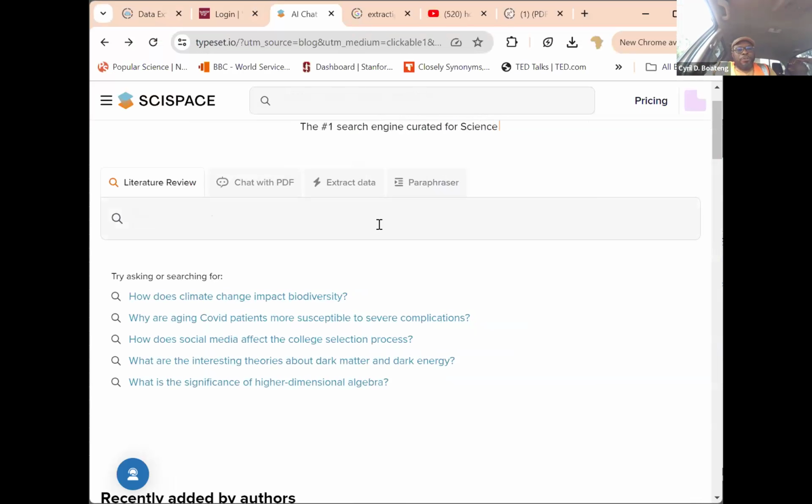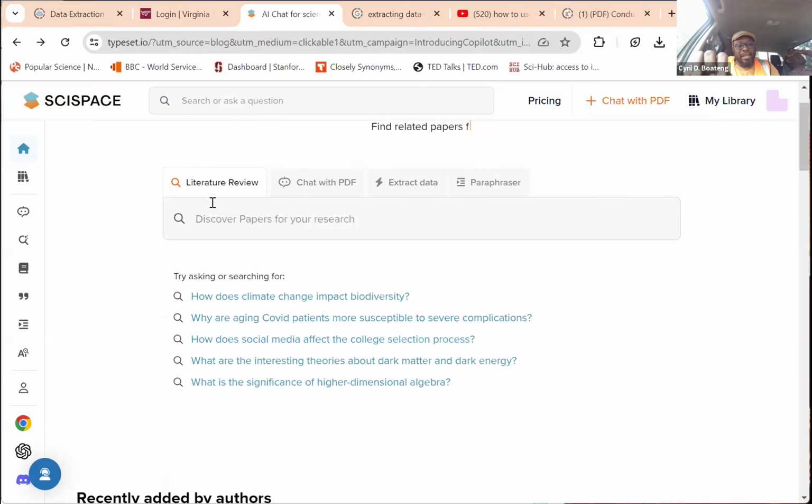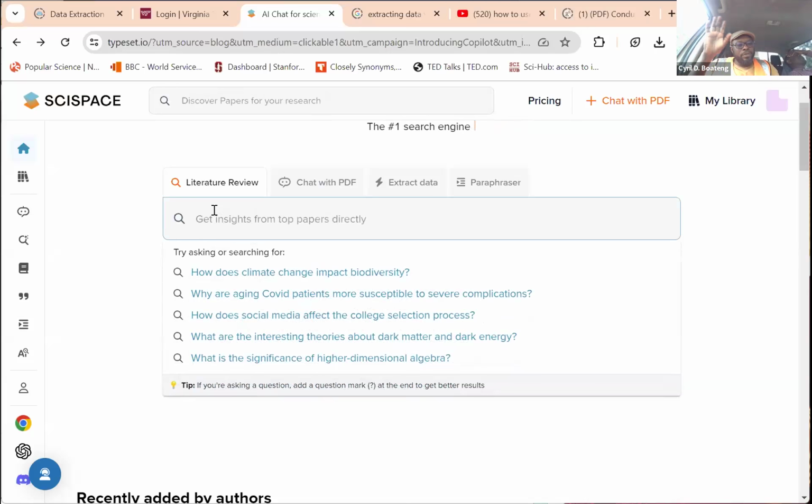So here then, I'm going to focus on three of those parts that I think are really cool for us to look at in relevance to data extraction. The first part is the literature review, and SciSpace is really cool. They used to have, like I said, a library full of data from journals, so it was really helpful. And what I'm going to do is start with a topic I was working on yesterday. Let me see if we could do geoscience.